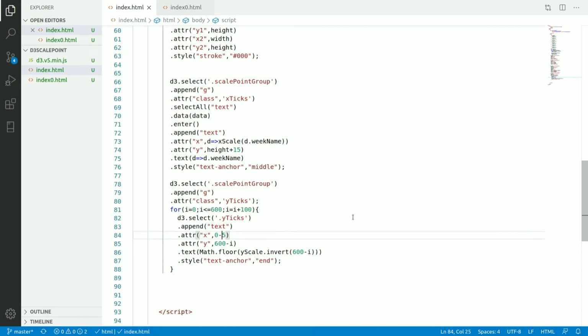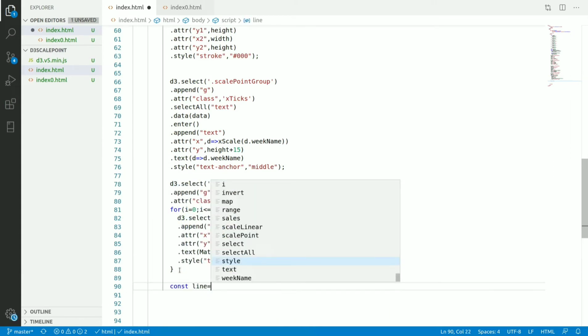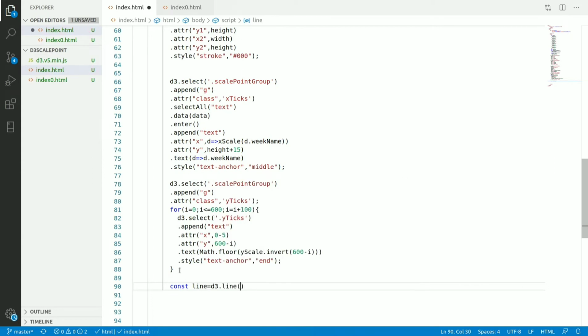Now we will put the line for this line chart using the scale point. So here I will create one line function to draw the line, d3 dot line. If you don't know about the line, you can see my previous video, in which I have provided the guideline on how to create various types of lines in d3. So d3 dot line dot curve, I want to pass d3 dot curveMonotoneX, which is one type of curve.